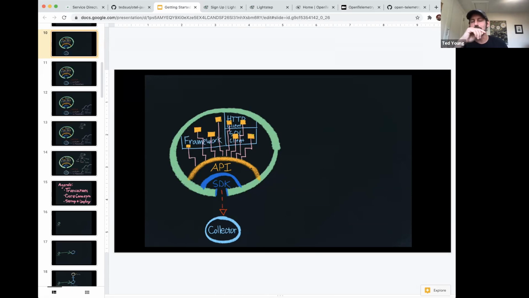We're looking at adding some shutdown hooks and things to Java in particular. Some other languages have this already to help ensure when your system's shutting down cleanly that all of that information gets flushed. But that is a gotcha. It's a particular gotcha in a serverless environment where you may have systems spinning up and down really quickly. If you do encounter something like that and the volume is low enough, you could switch from the batch exporter to the single span exporter, which will flush a span every single time it gets one.